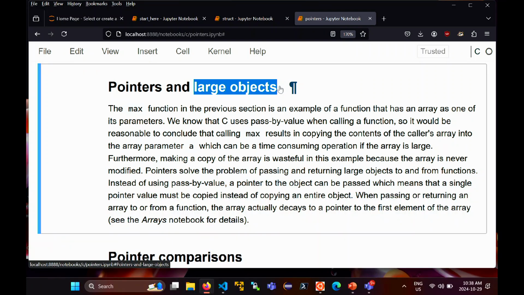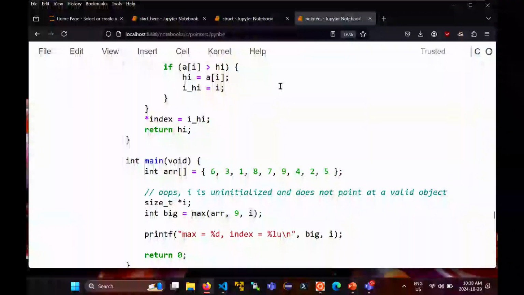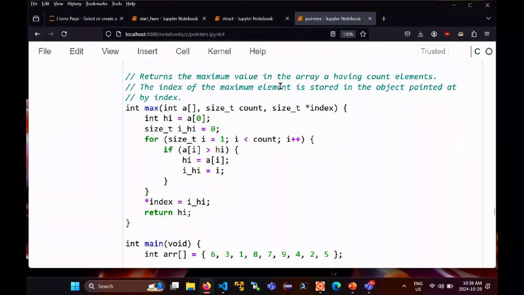And so this max function here looks relatively simple. Once you get used to pointers, it's a simple function. But there is something here that might be a little bit confusing. This function here takes in an array A. And you know that